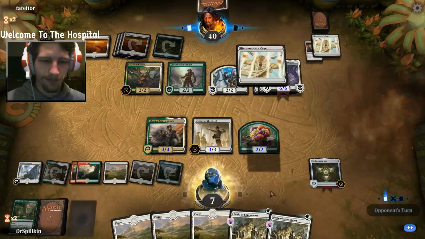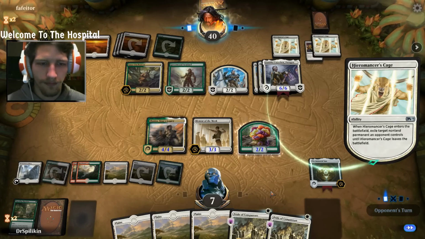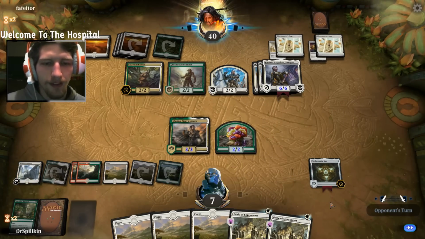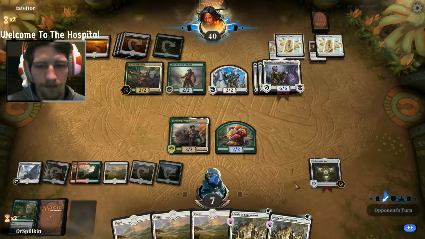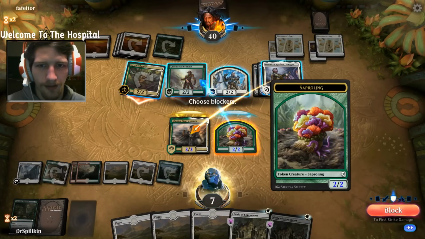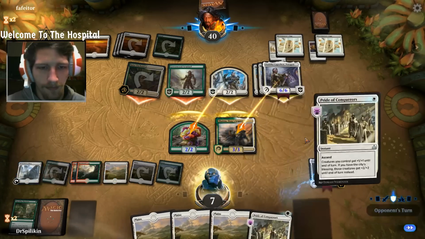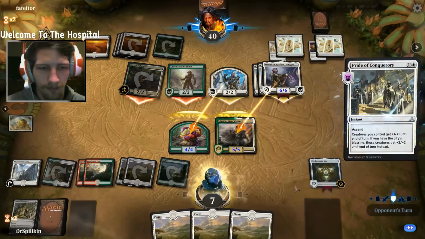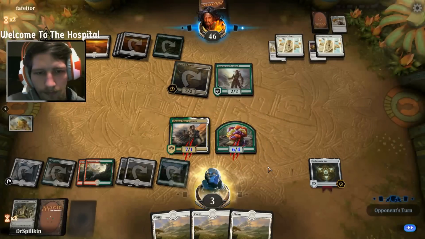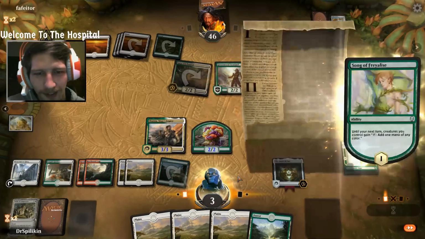Ugh. Or maybe the Immortal Sun. Or our Mentor of the Meek. Alrighty. Wonderful. So block him, and I guess it doesn't really matter here. So we'll block him. Holy shit. And Song of Freyalise is not going to save us here, by the way, so...